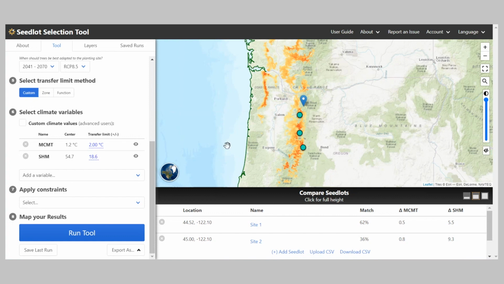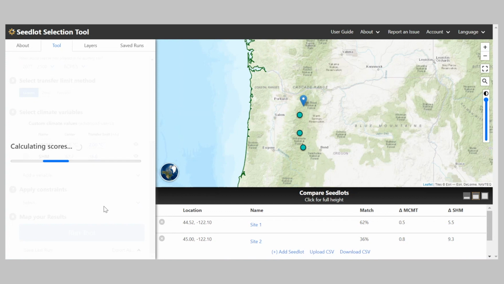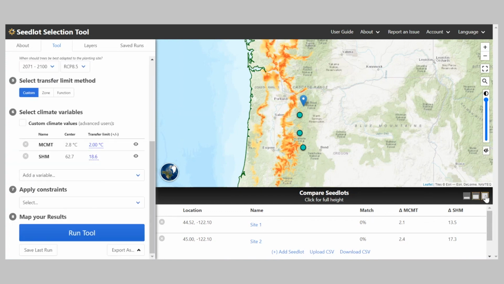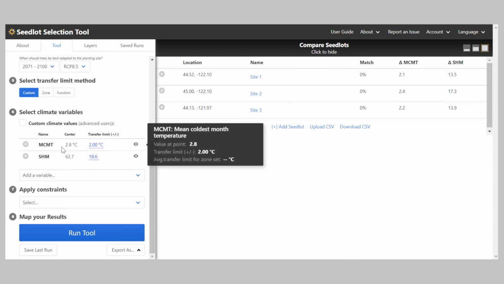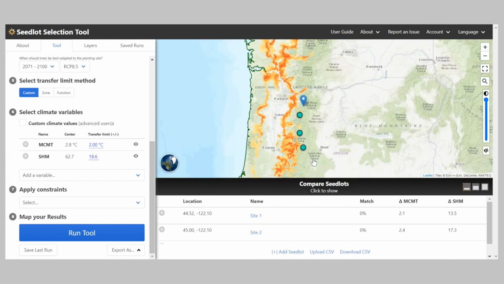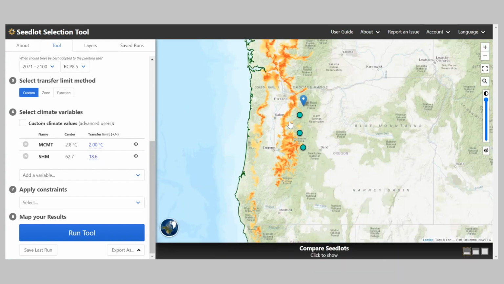Now we can see how things will change moving further into the future. We change this to the 2070 to 2100 time period at the end of the century, and we click Run Tool again. You can see the climatic match, and we can see that the winter temperatures increased even more, and we would have to go even further down in elevation, almost to the floor of the Willamette Valley or further south, to find a good climatic match.